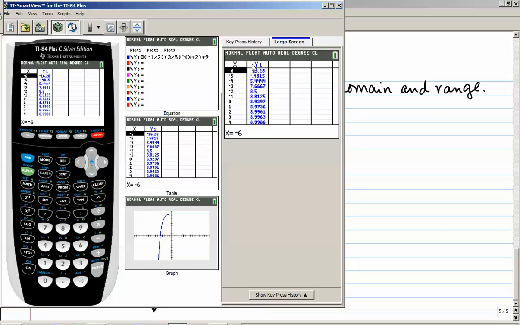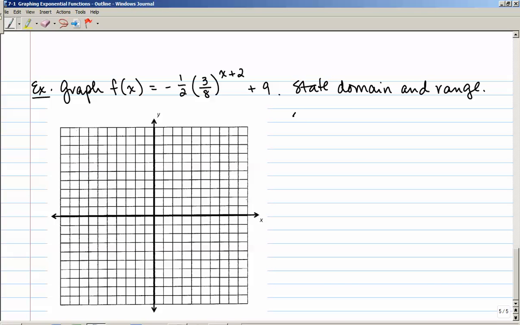And you can see negative 6 is negative 16, negative 5 is very close to 0, negative 4, and then as my x's get bigger, you can see that they actually are approaching 9. So we have 8.5, 8.88, 8.92, 8.97, 8.99, and then continuing with the 8.99s. So what that tells me is that my y's are approaching 9 on the graph. So let's go ahead and copy some of that table